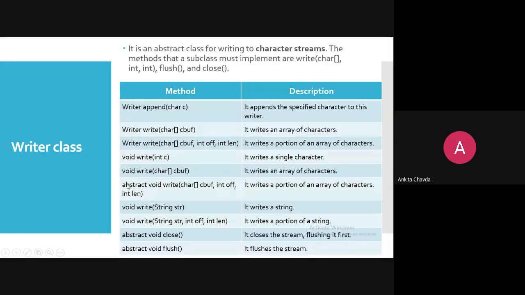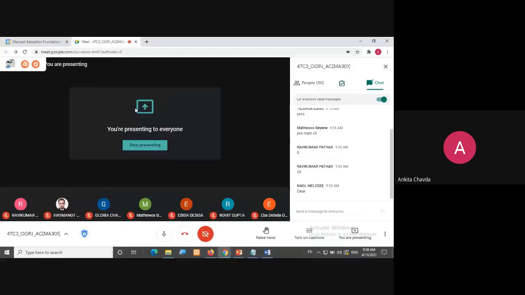So you can see here, this is abstract void write, this is abstract void close, this is abstract void flush. So these three are the abstract methods of the Writer class, and so all the child classes compulsorily need to implement these methods' definitions. All right. Another method is the append method. It will always give you the return type as Writer.